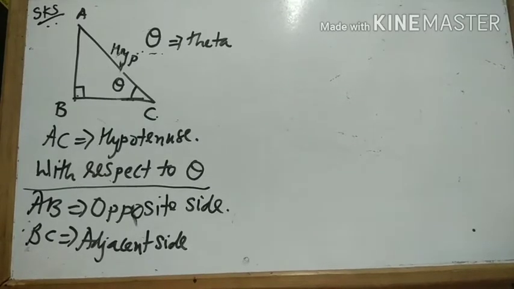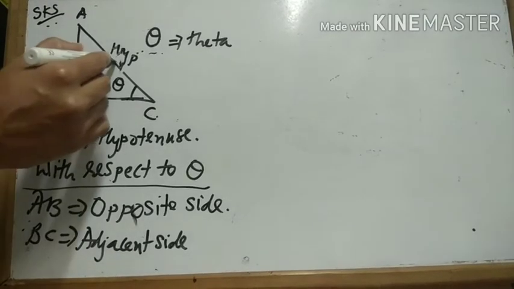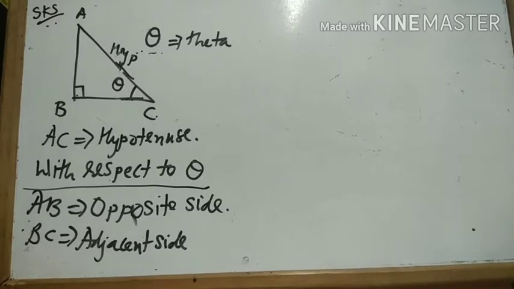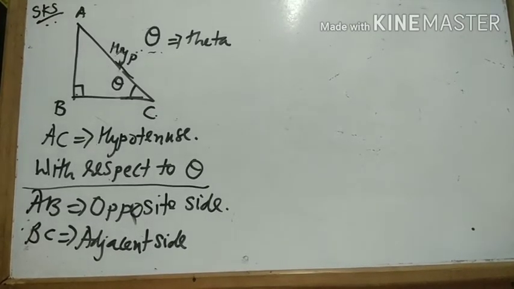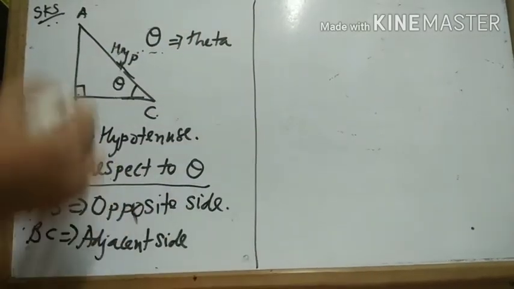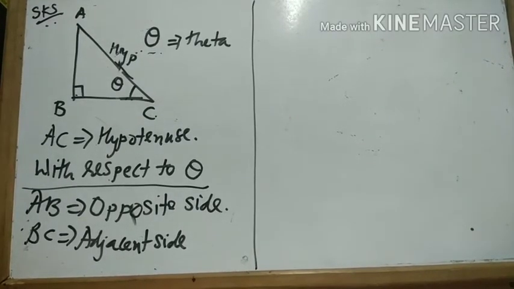So remember, my dear friends, whenever we are going to study in grade 9 or 10, we are just going to talk about angles between 0 degree to 90 degree. We will not go beyond 90 degree in trigonometry. Trigonometry will restrict ourselves from 0 degree to 90 degree. So we will be talking about only right angle triangle, not obtuse angle triangle. Now, coming back to